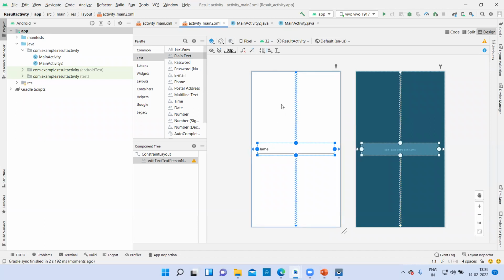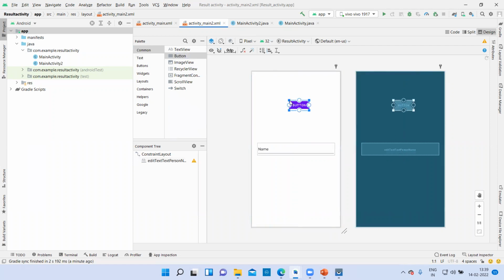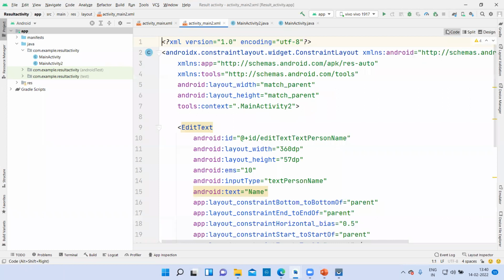And here you can write the received text. I will tell you where to write it. First of all, let me drag one button, then we'll do. Take button and drag it here. And here we want to return to the home screen. So we will make it home screen button. Okay. Now let us go to the code part.